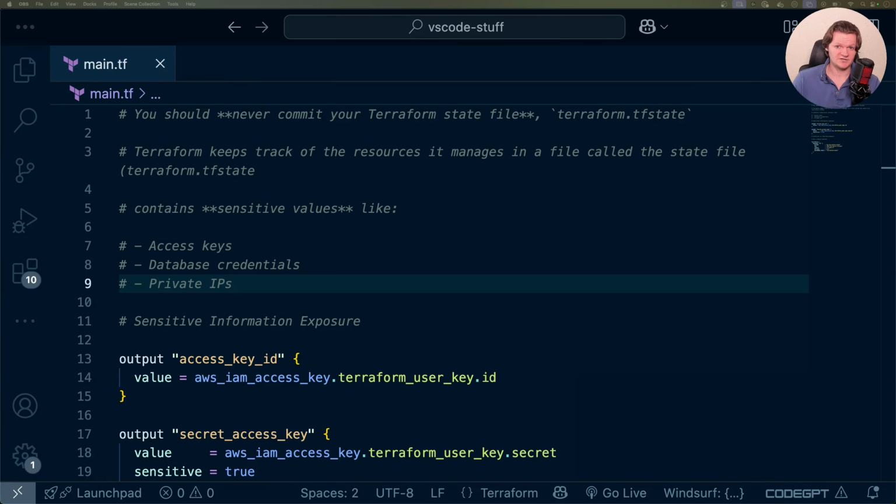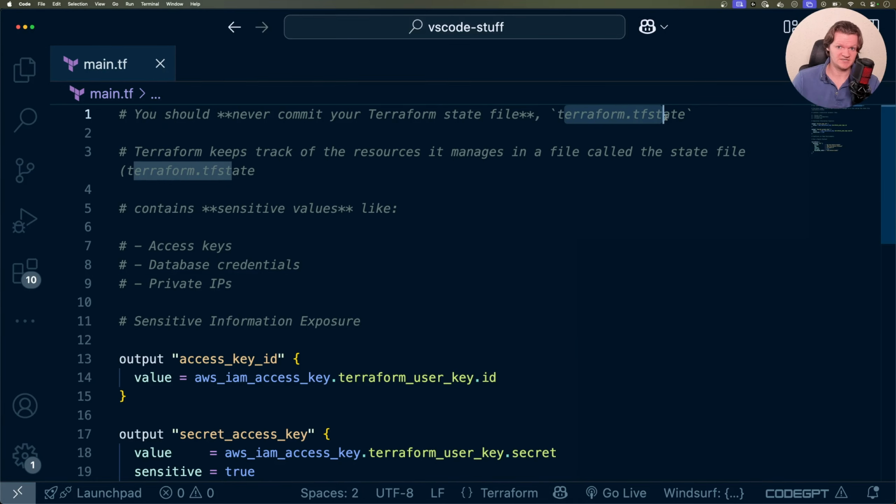You should never commit your Terraform state file, or terraform.tfstate. Committing this file to Git or any other kind of version control can be a serious security mistake. If you're unsure of what this file is, well, Terraform keeps track of the resources it manages in a state